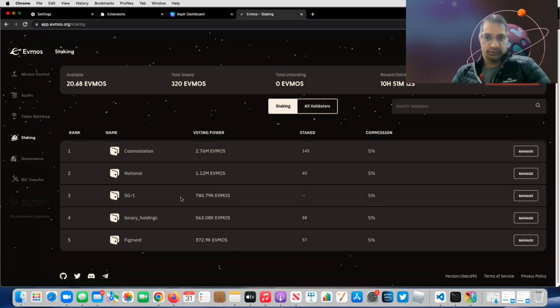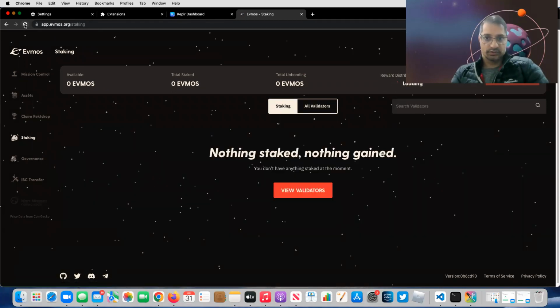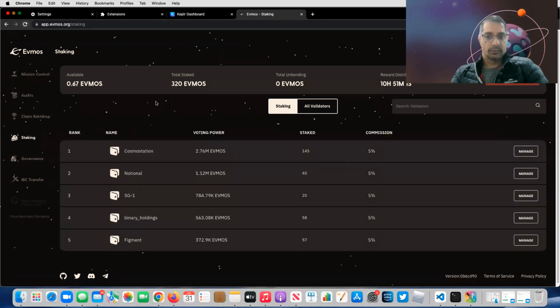Yes, so you can see I have staked here. It's not showing the balance. Just a moment. Yes, now it's showing the balance 20 staked with this new validator, and I have staked with these 5 validators now. So this was another good airdrop.